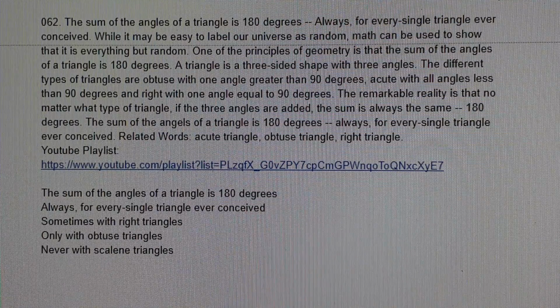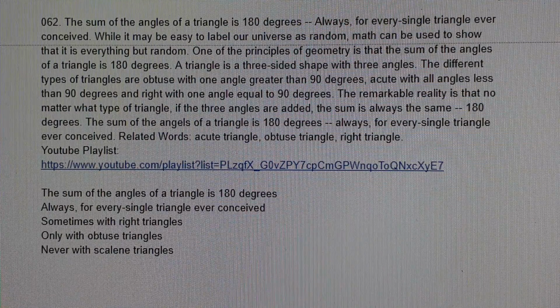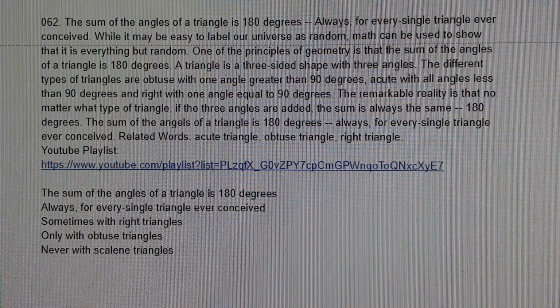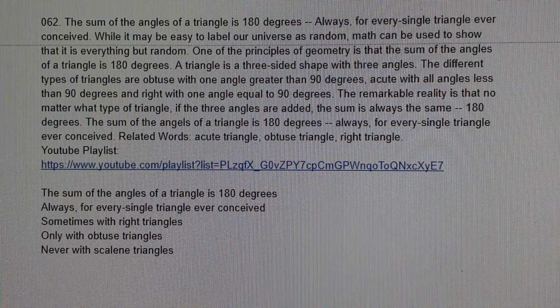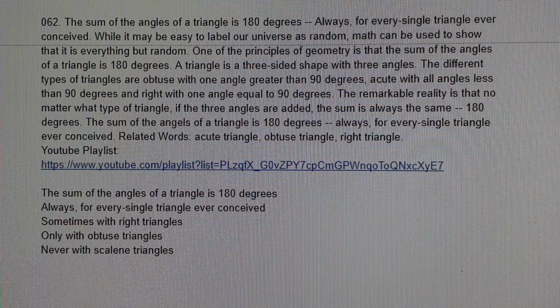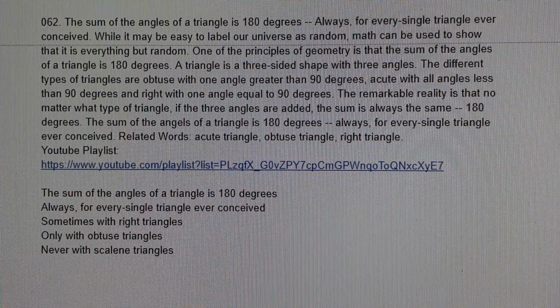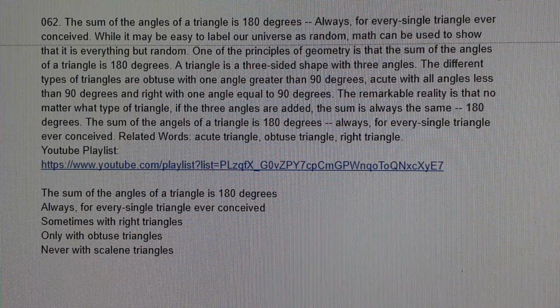The sum of the angles of a triangle is 180 degrees. Always, for every single triangle ever conceived. While it may be easy to label our universe as random, math can be used to show that it is